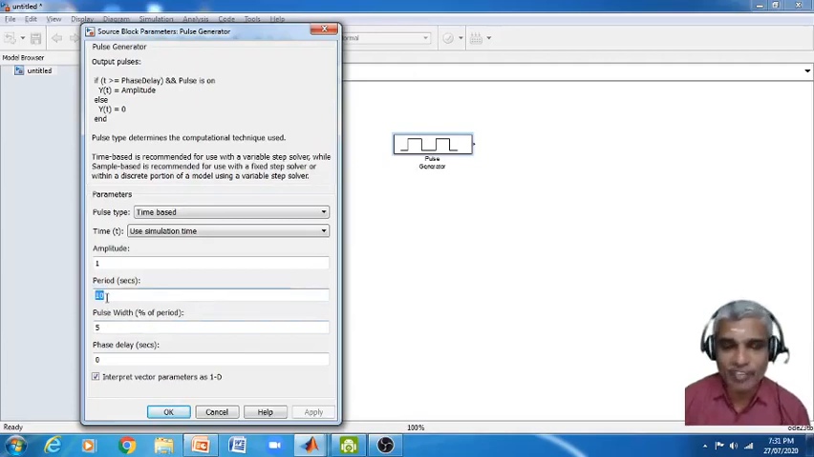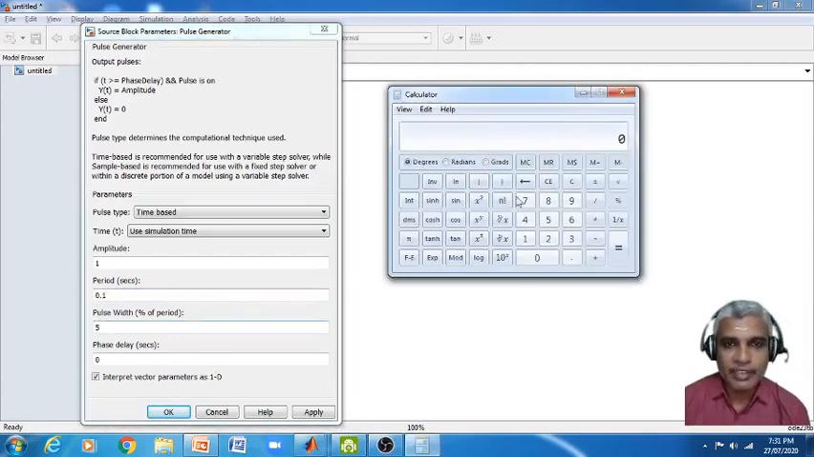So let us assume some value here. Let me take 0.1 as the period of the pulse and 50 microseconds. I want to find out how much is the percentage of that 50 microseconds in this 0.1. Let me take a calculator: 50 micro, so 10 to the power of minus 6 times 50 is the width of the pulse in seconds. I converted microseconds to seconds, and since the period is 0.1, dividing by 0.1 will give me the percentage, which is